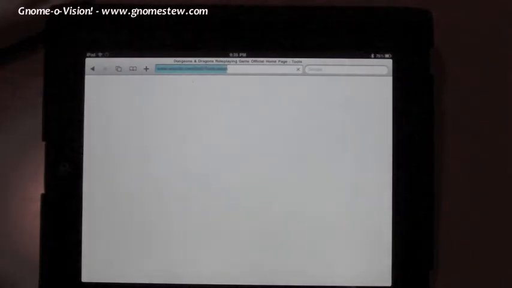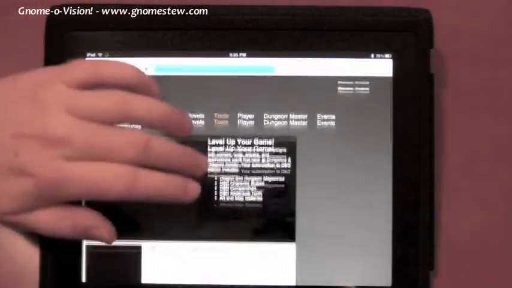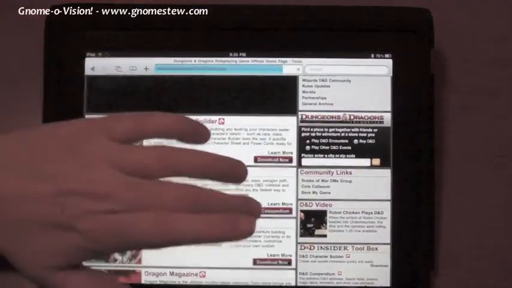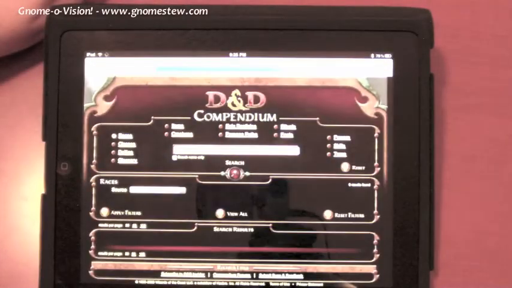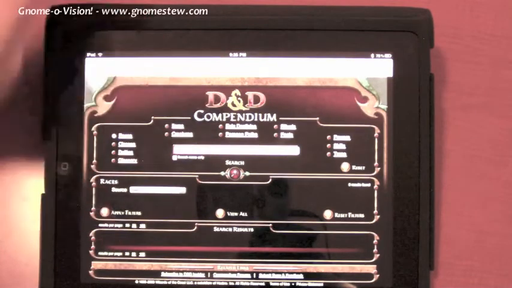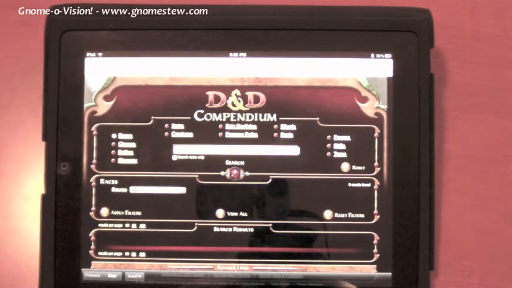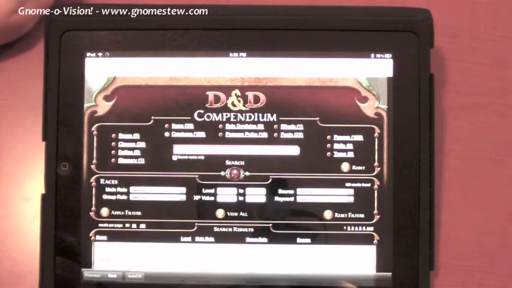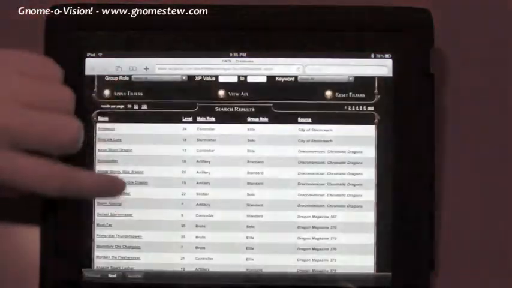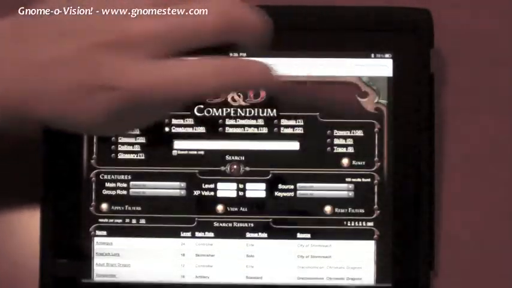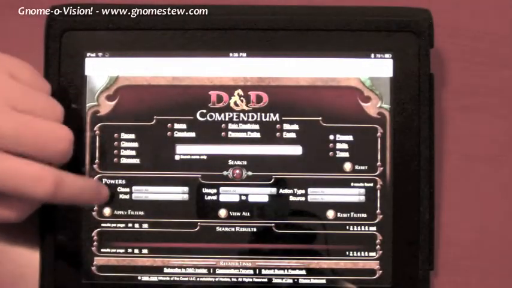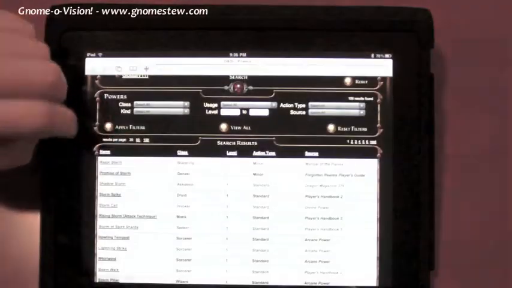In this episode, we're going to spend some time talking about the iPad's killer application, which is actually Mobile Safari, the web browser. In this case, it is going to be running the D&D compendium, the online compendium. This is a live shot, recorded live shot, using the compendium on the iPad. The really interesting thing about using the web browser on the iPad is just how intuitive and easy it is to use with your finger. And it scrolls beautifully, and when your finger becomes the input mechanism, it's just a real pleasure to